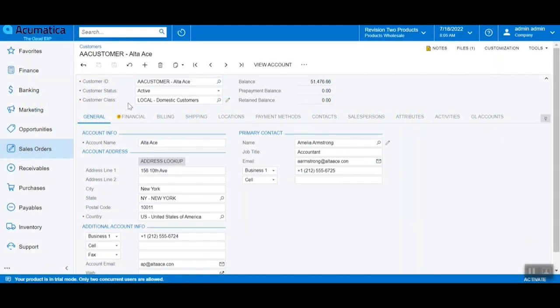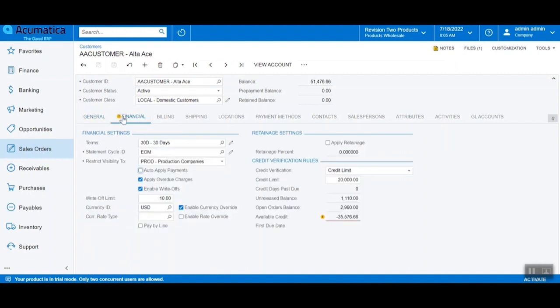As you can see on the Financial tab for the customer Alta Ace, there is a warning icon indicating that the customer's credit limit has been exceeded. As you can see here, the credit verification for Alta Ace is set to credit limit with a credit limit of $20,000. You can also view the credit days past due, unreleased balance, open orders balance, available credit, and first